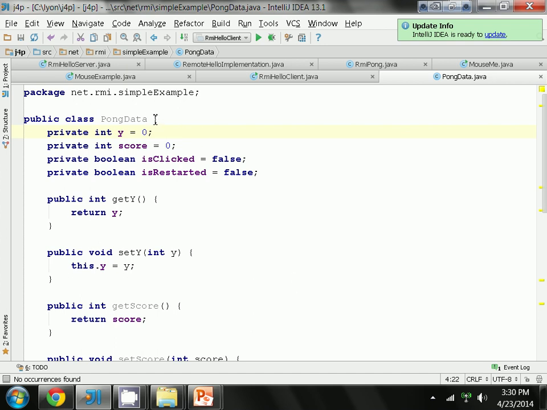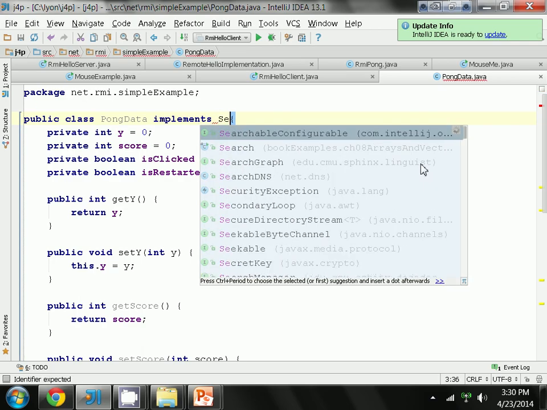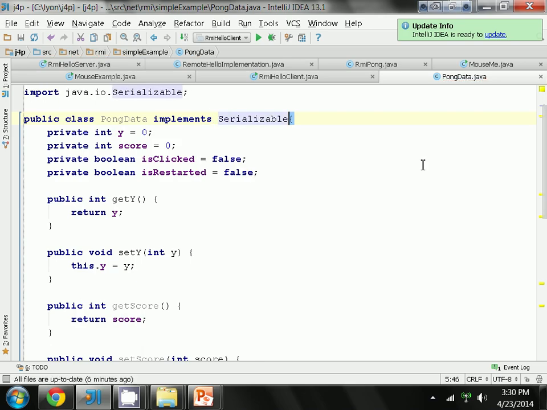So now you want to pass this across the network. How are you going to pass Pong data across the network? Just be serializable. Yes, serializable. So it implements serializable. What else do I need to do to it? That's it, right? It's the data that gets passed. So it doesn't have to have its methods